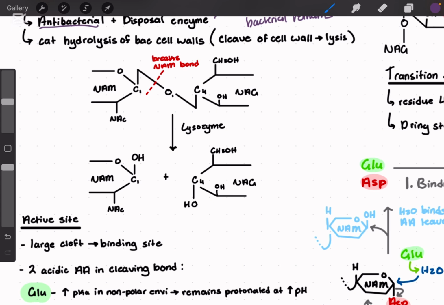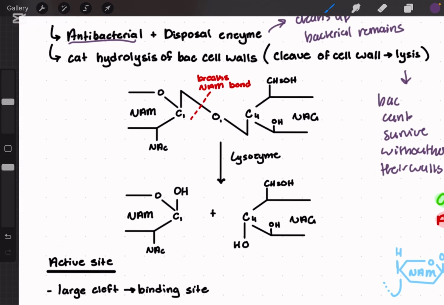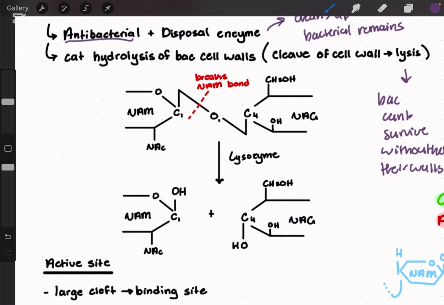So it cleaves the cell wall, and then when the wall is cleaved, it leads to a lysis of the cell. So the cell wall, I have a little drawing of it over here, has a NAM portion and a NAG portion, and it's just two cyclic rings, and they're formed by this, I think it's an